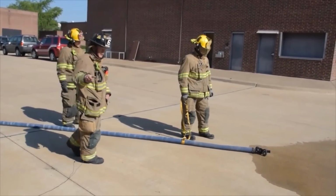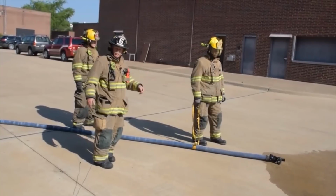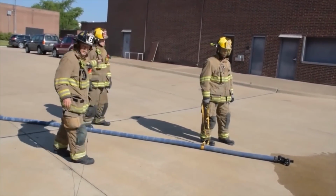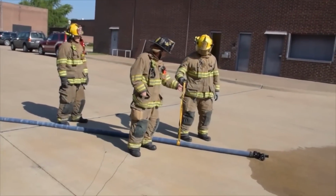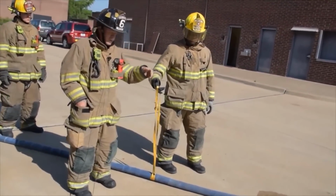My name's Clay Bramblett. I've got Larry Coleman, he's the nozzle man on this demonstration. This particular demonstration will be method 1, the shoulder strap method. We've got Jerry Gallimore, he'll be the backup man on this demonstration. And this type of demonstration is using the webbing strapping as much as you can to take the nozzle reaction